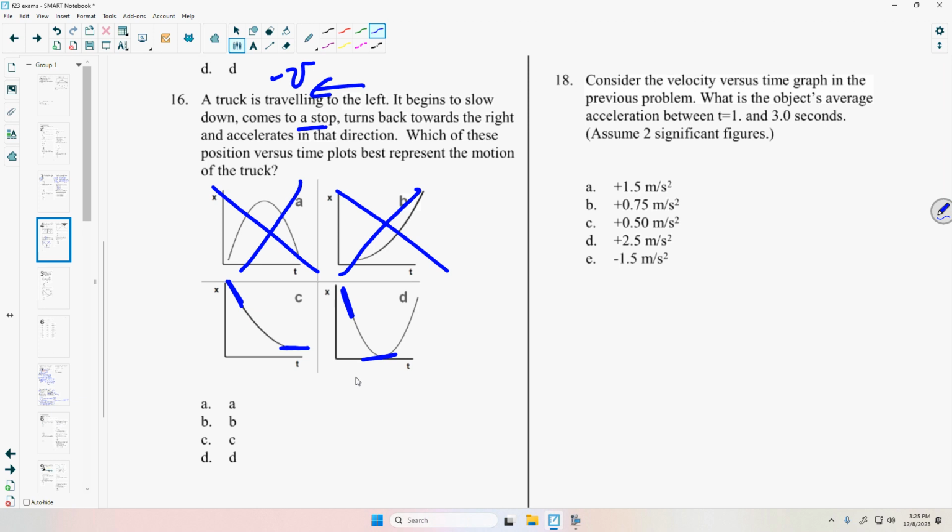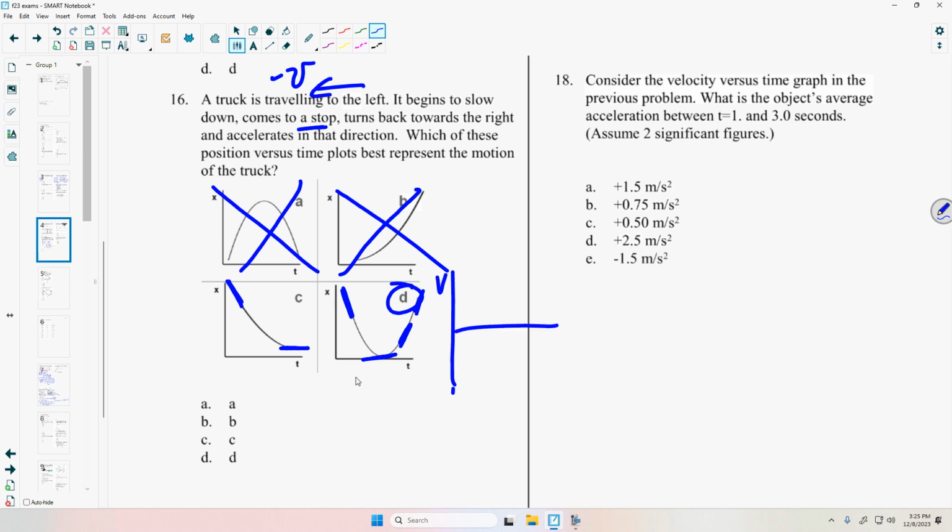But then it turns around and starts going back in the opposite direction, which is what it's doing here. So that means that D is the right answer. Okay, I want to know that you can take those words and in your mind construct the graph that describes it. By the way, I could also say, what does the V versus T graph look like for that same